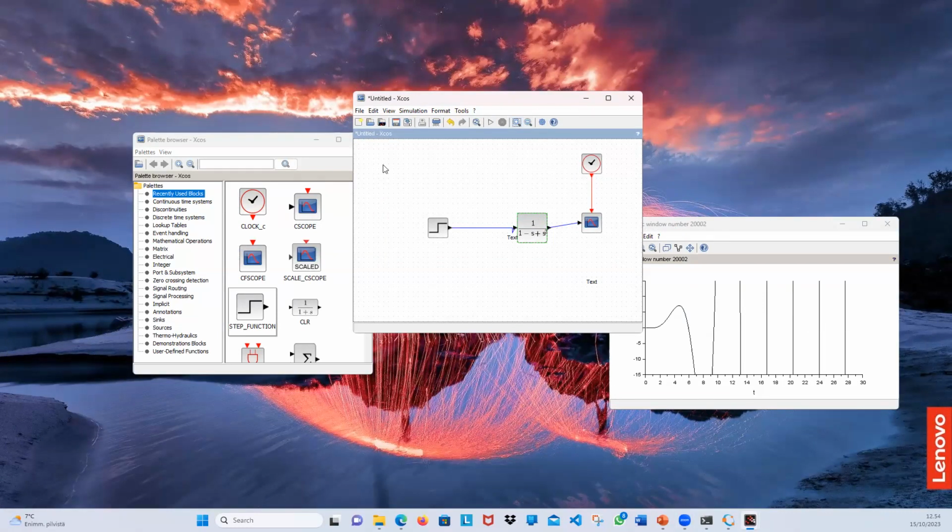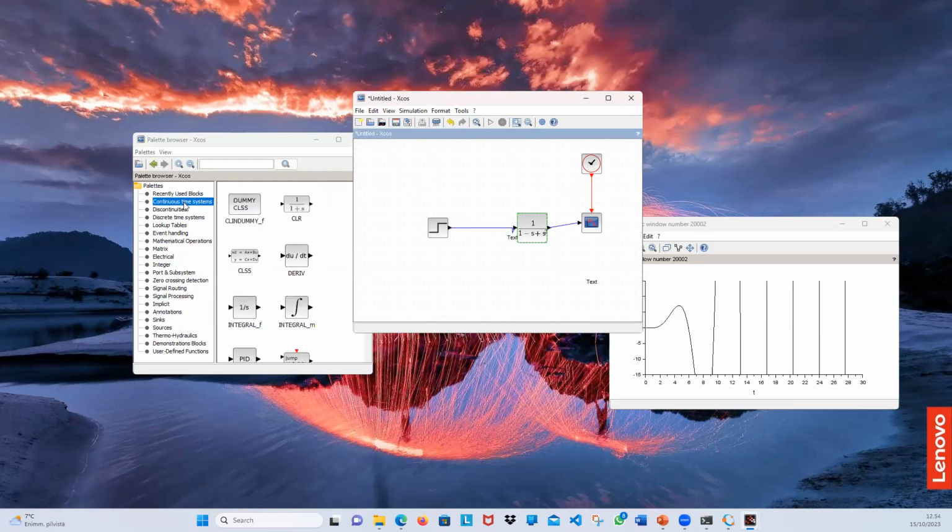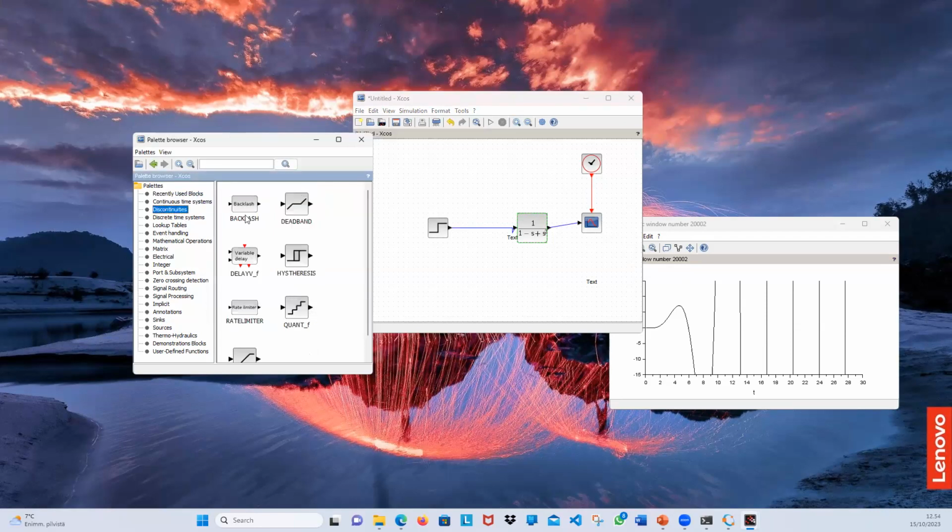Actually, you can build any controller or any linear system. You can see here in the system: continuous and discontinuities, discrete time systems, lookup tables, mathematical operations, matrices, electrical. So you can have voltage, ground, inductor, ideal transformer, and so on. So they have a lot of nice